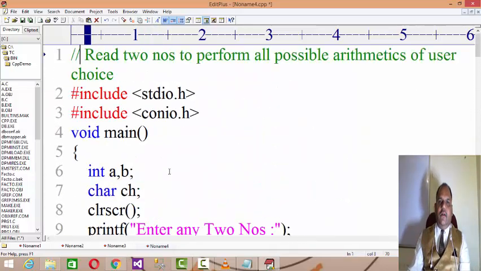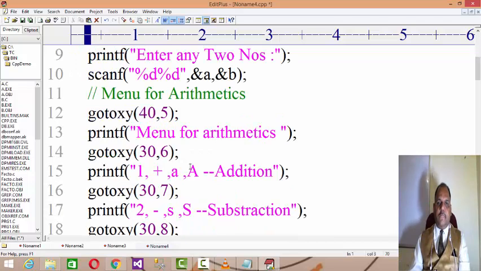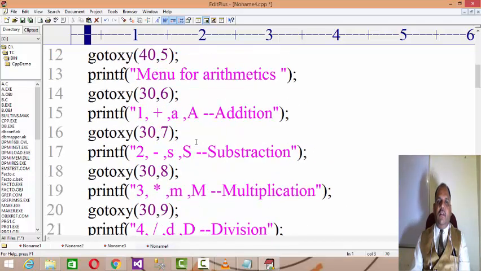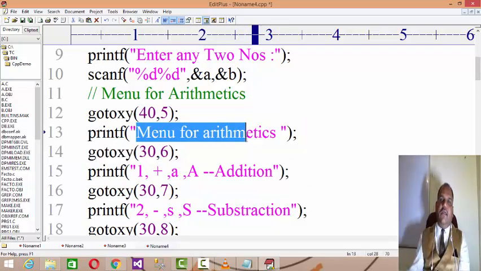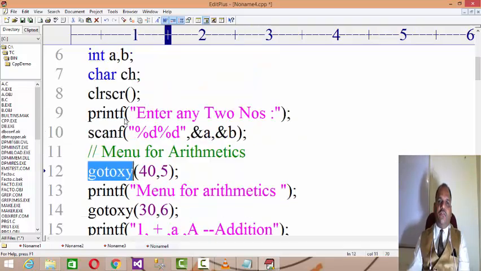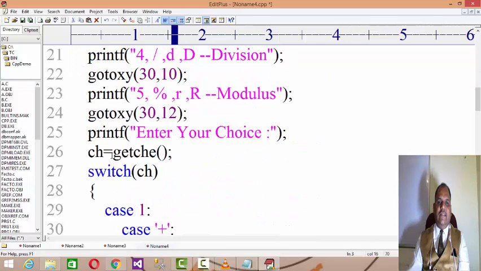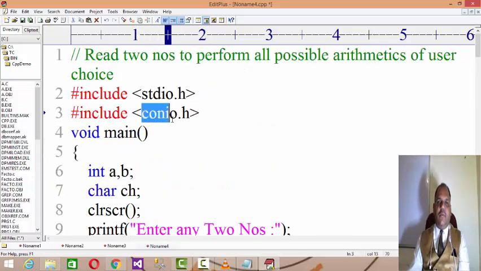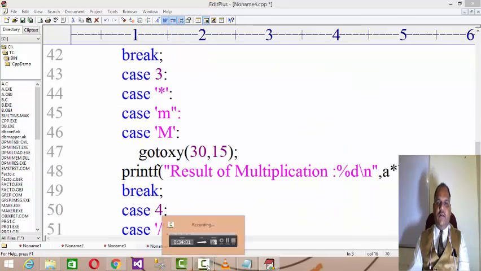So whenever you are diverting focus from one point to multiple points, and multiple choices are there, in such situations switch case is used. Here we learned new things also. If you want to print something on a specific location of the screen, then you have to use a function called gotoxy. gotoxy actually belongs to conio.h. At the same time, getche, which reads the character from the user and echoes it on the screen, the replacement of scanf %c, also has its prototype in conio.h. So this is the way you can build a switch case. Hope you understood the things well. Thank you.